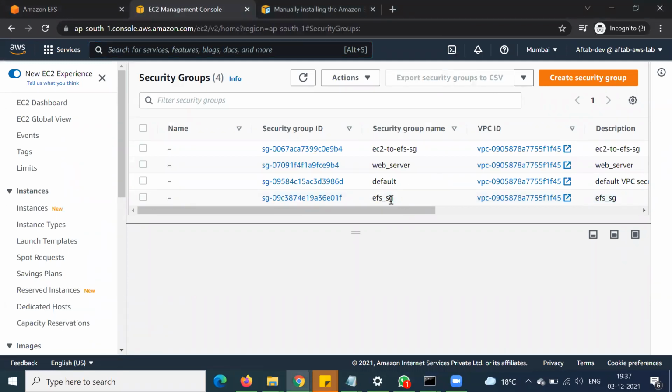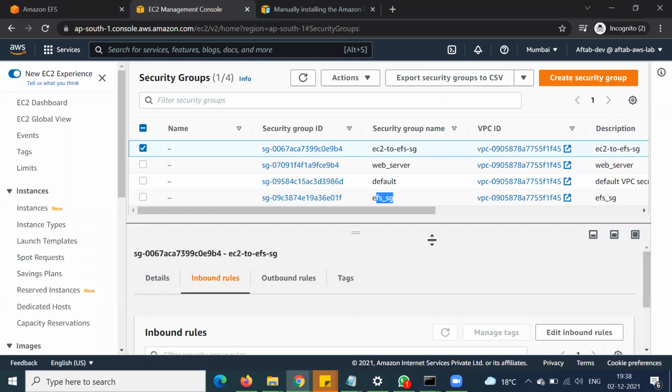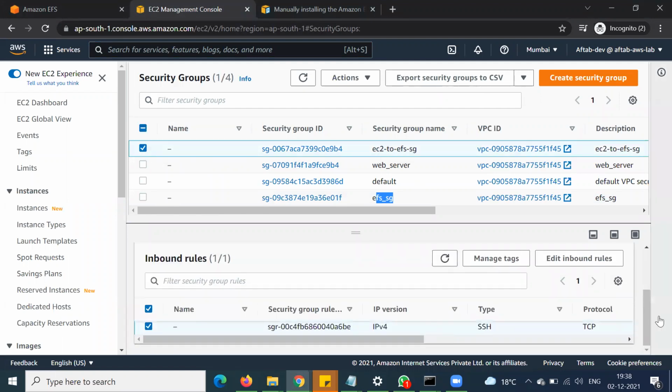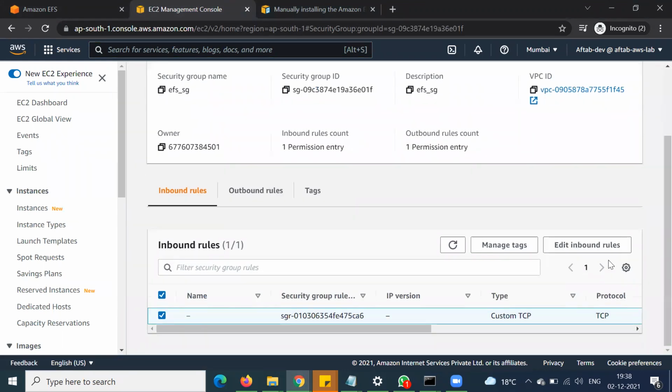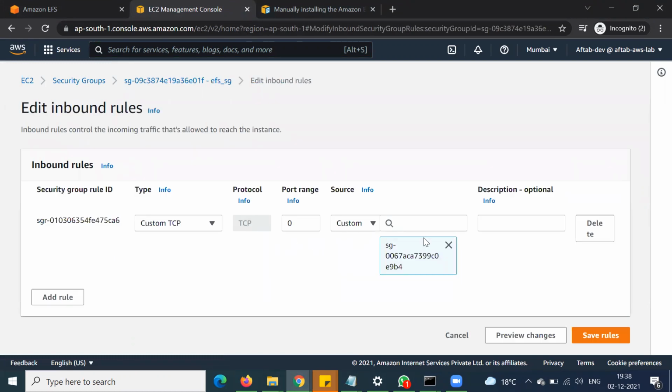No, we have attached this EFS security group, and this EC2 security group is attached to this one, right? SSH is allowed, right? Edit inbound rules.